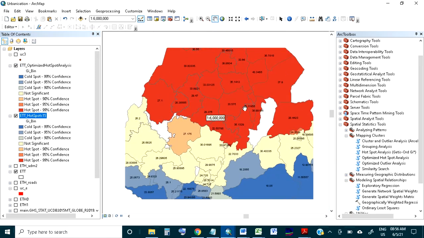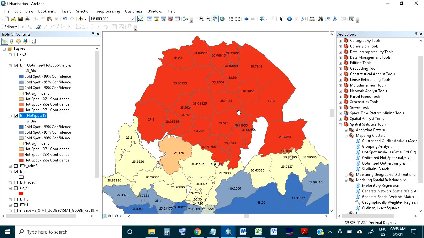And this optimized hotspot analysis tool used the parameters derived from the characteristics of your data, and these parameters are written in the result window as we have seen before. And ArcGIS has mentioned very well that this tool works similar to the way that the automatic setting on a digital camera works. Like if we are using